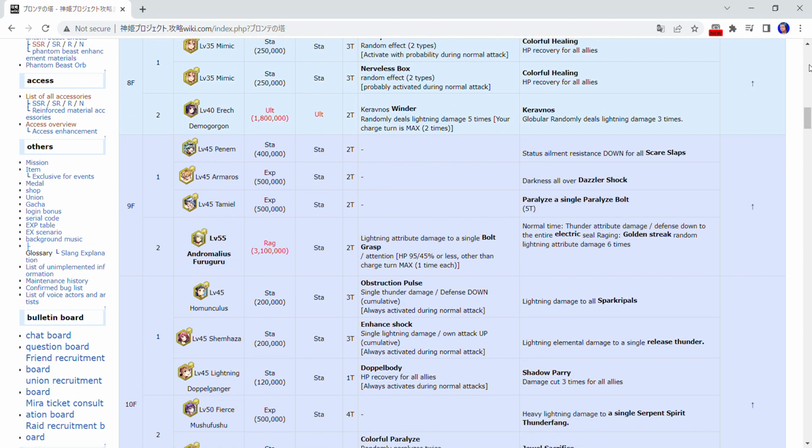Now, 9th floor, you have an enemy with 3 million HP. This is the point where you might actually start struggling with your Medea usage if you're not careful. But, and Solomon definitely would struggle at this point. So you may want to consider bringing